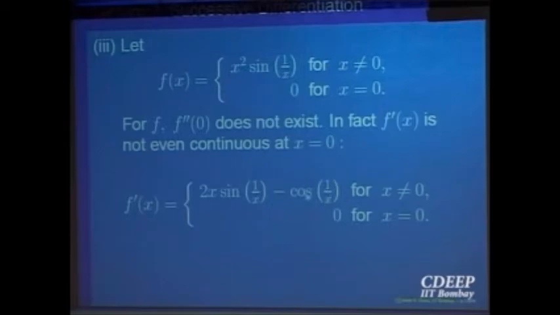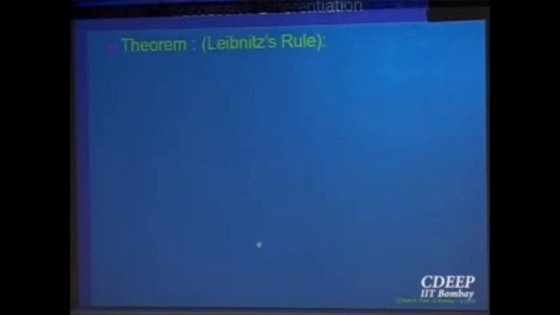So this is going to be a problem, 1 over x. Actually this function is not even continuous at the point 0. So the first derivative function exists at all points but is not continuous at 0. So the second derivative does not exist. Clear to everybody? By saying that a differentiable function has to be continuous, this function's first derivative is not even continuous, so the second derivative does not exist.